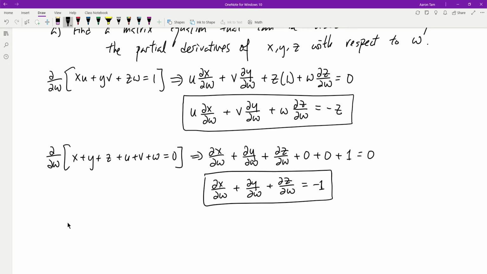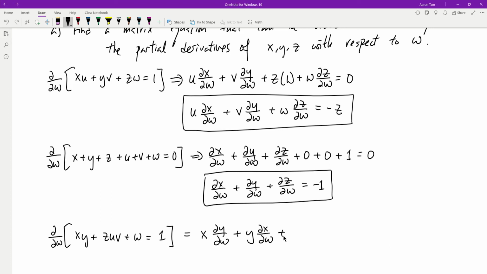Now let's do the third one. So d over dw of the third equation, which is xy plus zuv plus w equal to 1. When I take the derivative with respect to w of xy, that becomes a problem because x and y are both functions of w. So the product rule needs to be applied. And the product rule dictates that this will equal x dy over dw plus y dx over dw plus